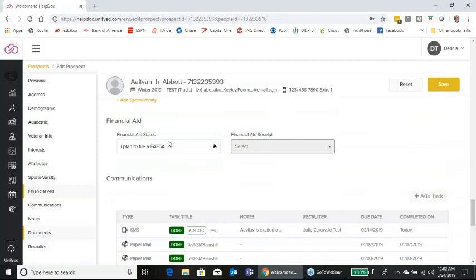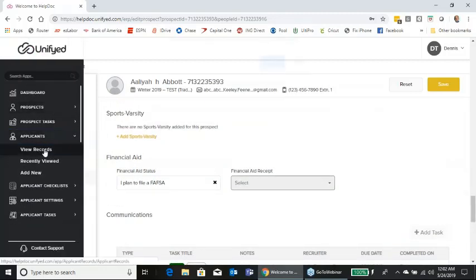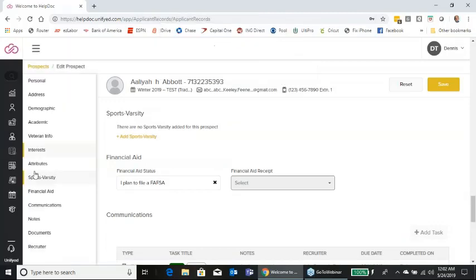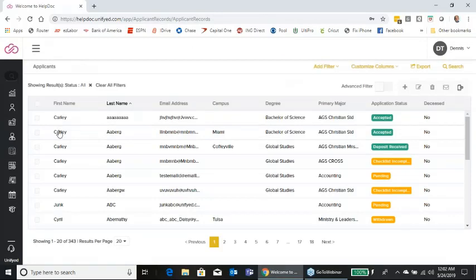I'm sorry, it wouldn't be stored in the documents section, it would actually be stored in the checklist section. So let me go to an applicant, and I'll show you that. So we'll just zip over to an applicant. What I really was getting at here with the